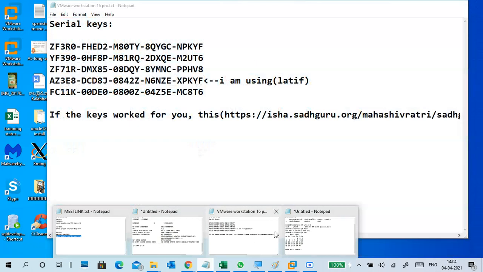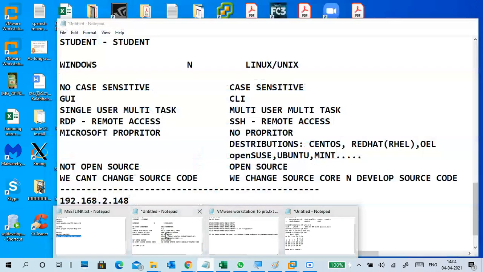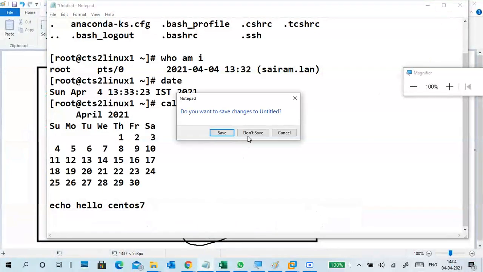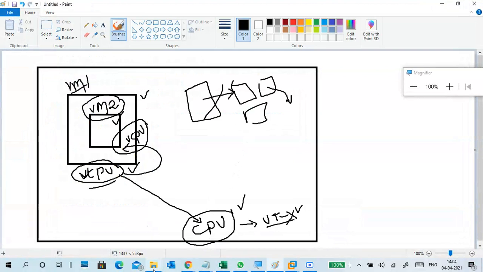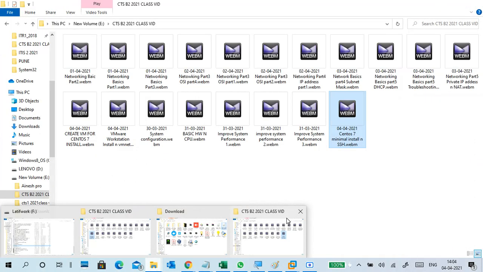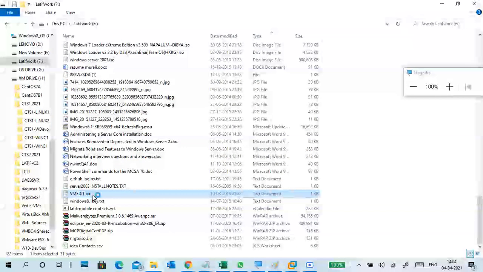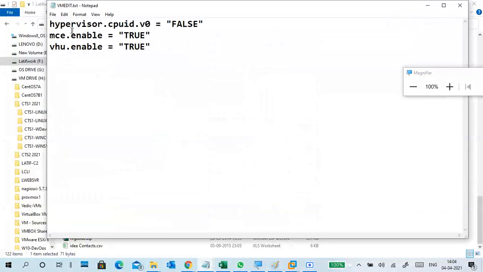If you look at this statement, I got untitled one. If you look at these three statements, what it is telling: hypervisor CPU ID is V0 false. It means what I'm telling my virtual machine is that this CPU is not a virtual CPU.